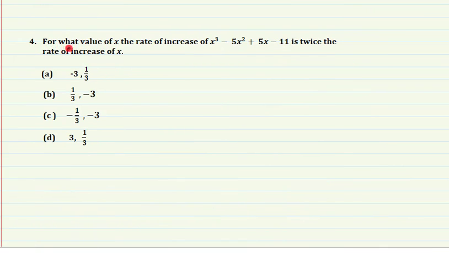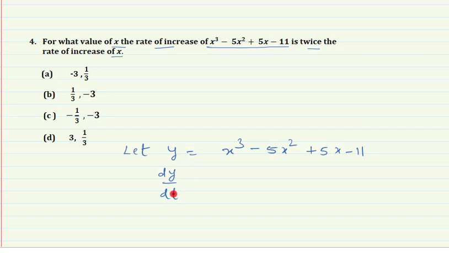In fourth problem, we need to calculate the value of x when rate of increase of this function is twice the rate of increase of x. So let us consider that function is represented by y. So y is equal to x cube minus 5x square plus 5x minus 11. Calculate dy upon dt, which is equal to, as we are calculating differentiation with respect to t,